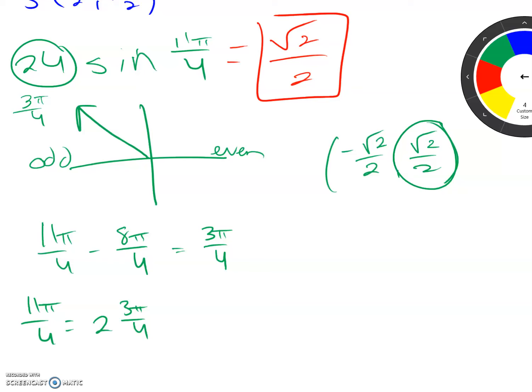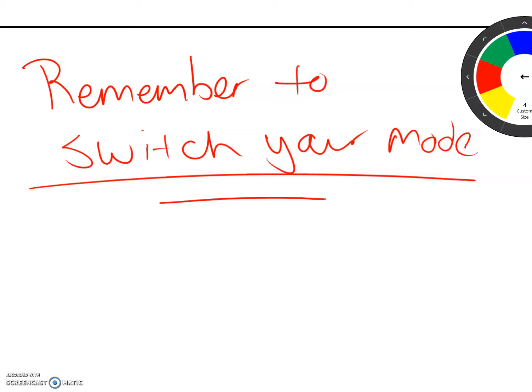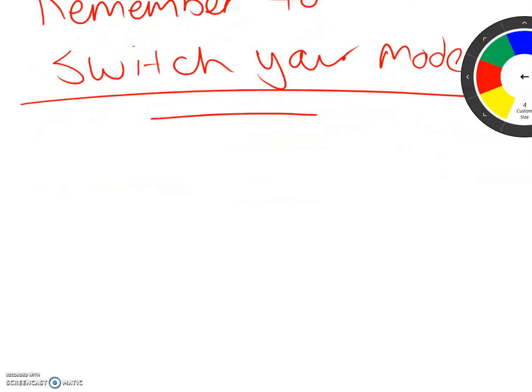Okay? When you flip over the back, it's calculator at the beginning. Remember to switch your mode. Also remember that when you type in your reciprocals, you can't type in cosecant, secant, and cotangent. For cosecant, you have to type in 1 divided by the sine